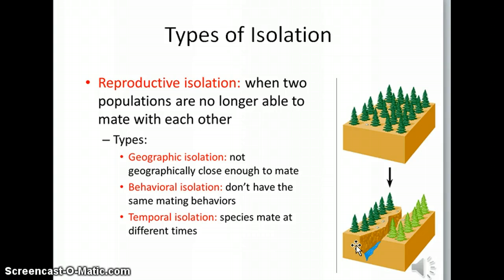And finally, Mr. DiCaprio and I were temporally isolated. Leo is 9 years and 1 day older than me. We were not ready to have families at the same time. With animals, this might be differences in mating seasons instead of just differences in ages. Despite all of these reasons why I couldn't reproduce with Leonardo DiCaprio, it's unlikely that celebrities would ever become a separate species.